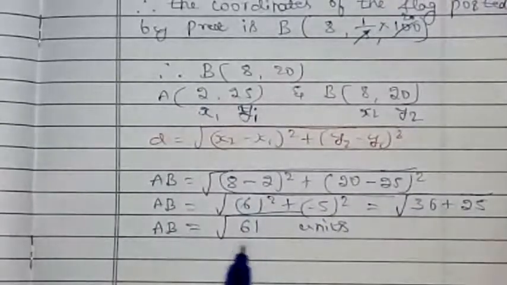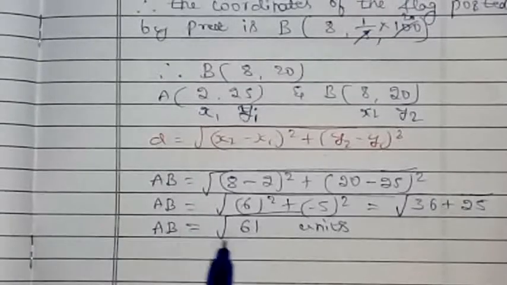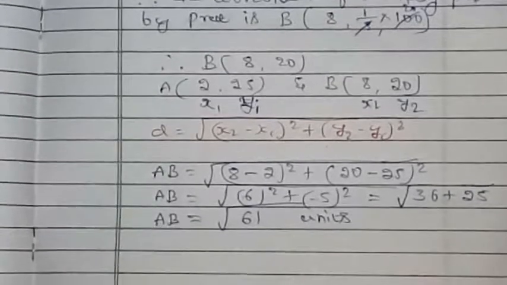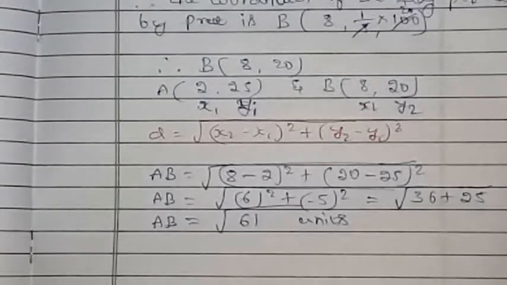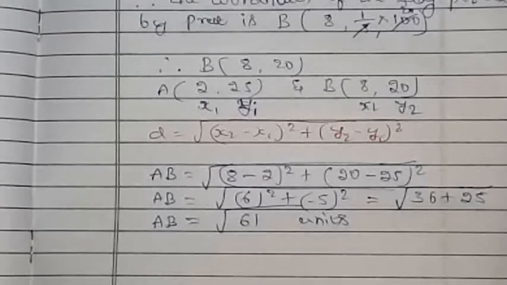Now what is the meaning of this? So this is the distance between the 2 flags, Niharika's flag to Preet's flag. So this is the first part, children. Now again the second part is there. What is the second part? You need to find another thing. So what is the question? If Rashmi has to post a blue flag exactly halfway between the line segment of the 2 flags, where should she post a flag?